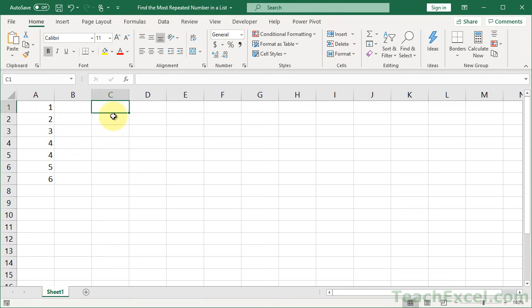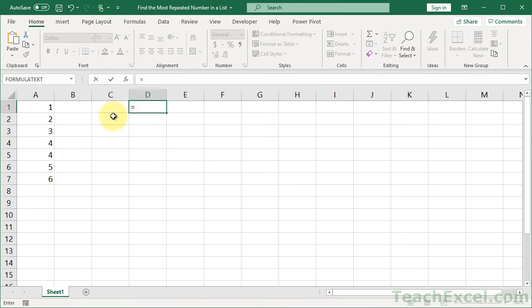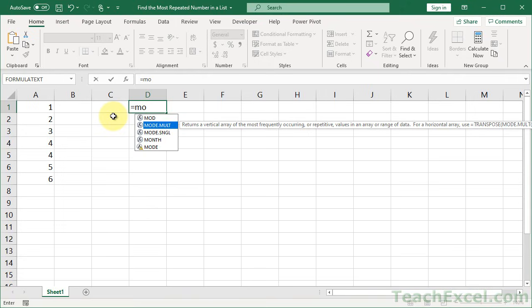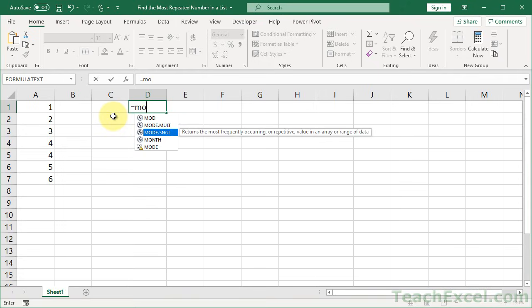Here I'm going to show you how to find the most repeated or frequently occurring number from a list in Excel. It's a neat little function. It is the mode function, and there are a few of them. There's one for the older versions of Excel, one for multiple, and we are going to use the single one,